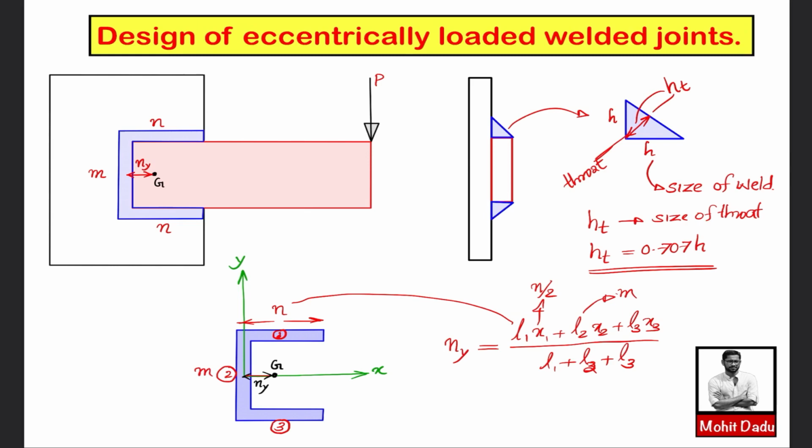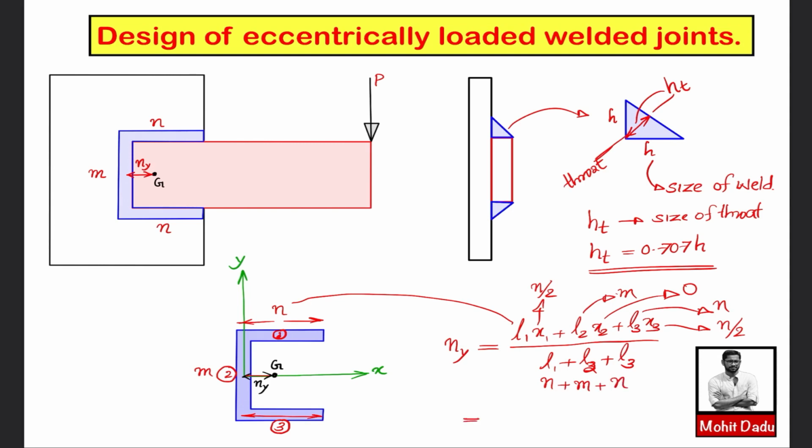So this line is m, and the coordinate system that we have considered is lying here. Its origin is here, and also the CG of this part is here. So x2 value is 0. And L3 in a similar way you can obtain this. L3 is this much length, that is corresponding to n, and x3 is equal to n by 2. And finally this is n plus m plus n.